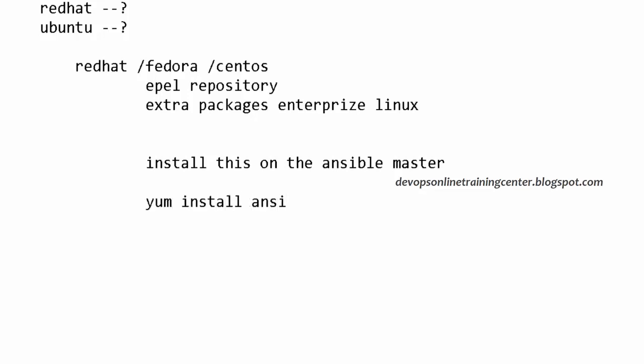Yeah, yum install ansible. So this will install Ansible, right? So from where does it install Ansible? Internally it goes to /etc/yum.repos.d and fetches the package from the EPEL repo, and from there it installs the RPM. Right. So that is the flow.